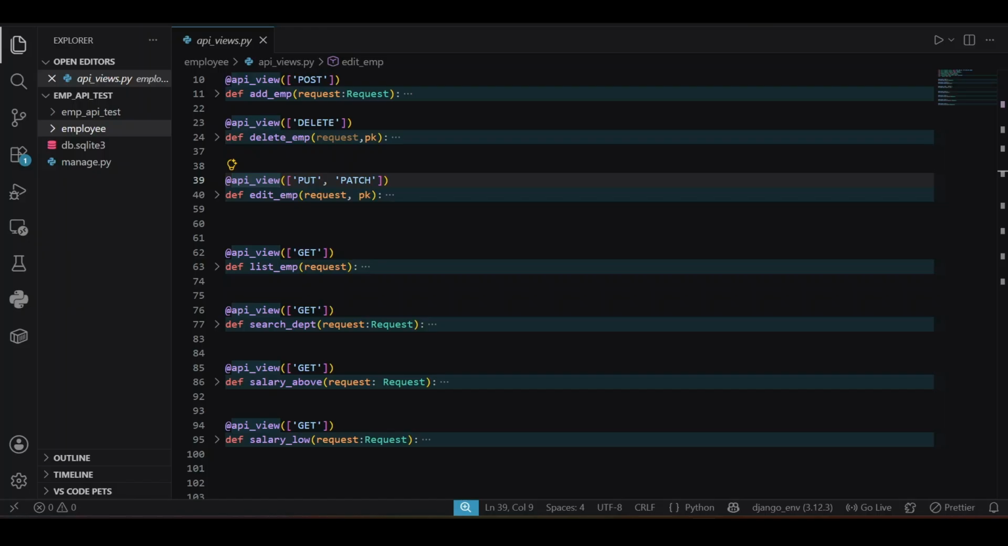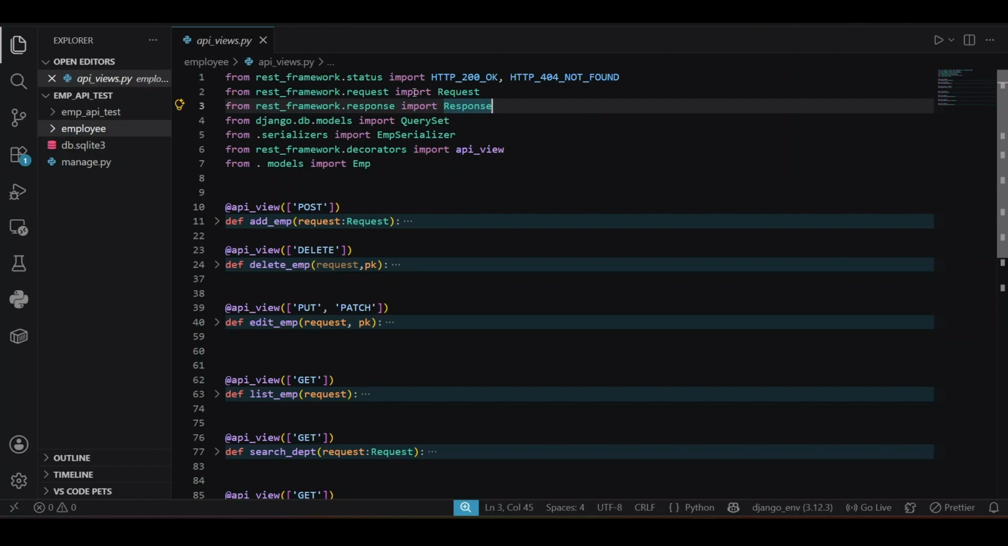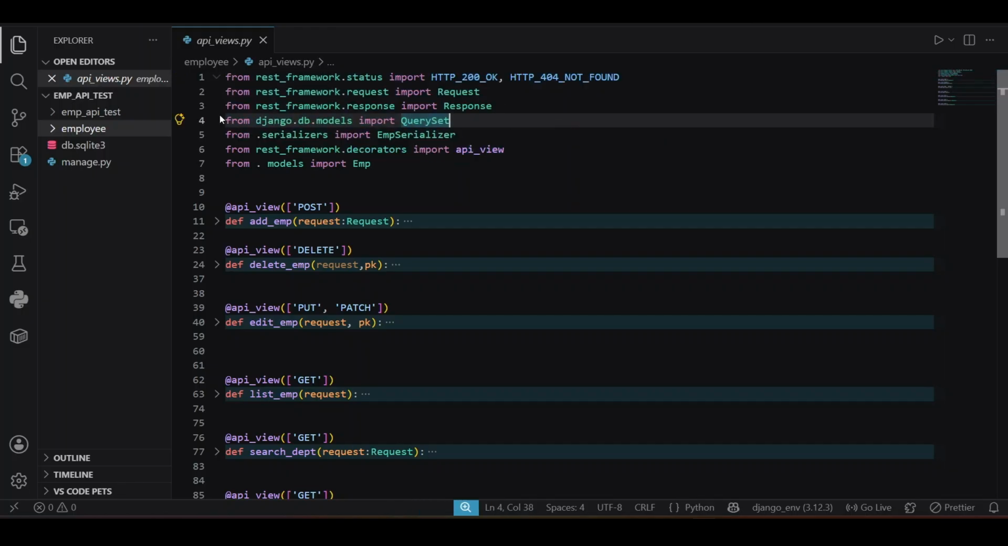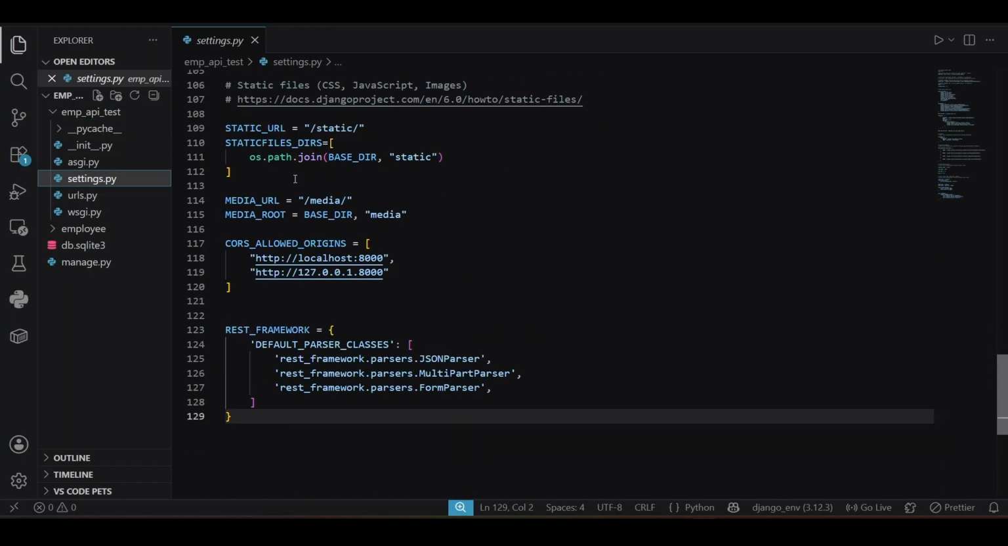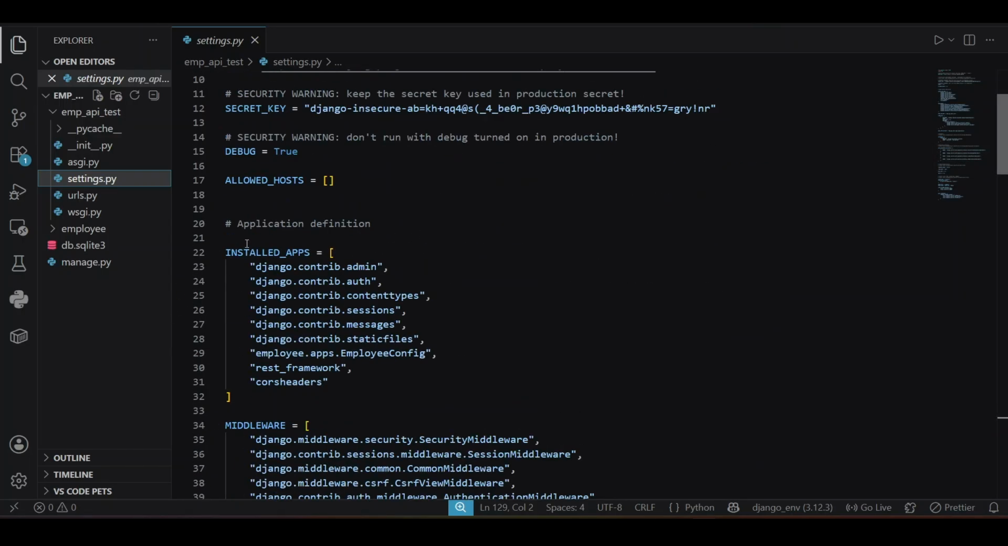So first of all, for integrating the API in our Django project, we need to install Django REST framework. We are importing everything from the Django REST framework. Now we have to do some configuration in settings.py. First of all, in the installed apps section,